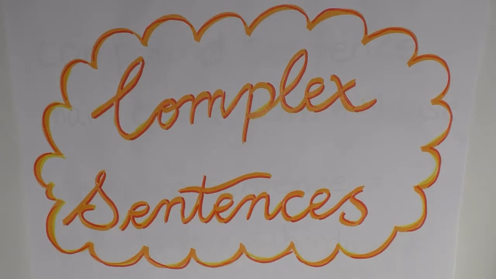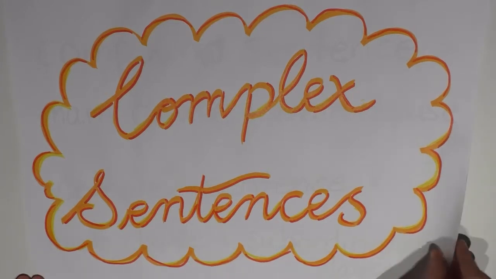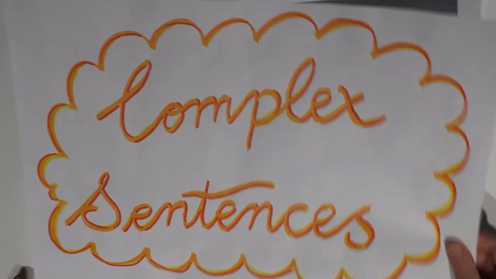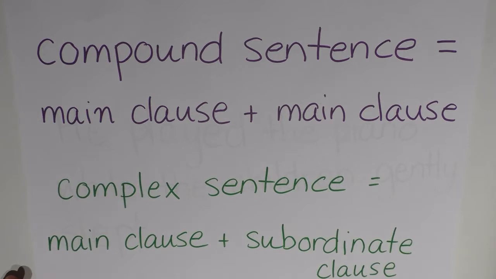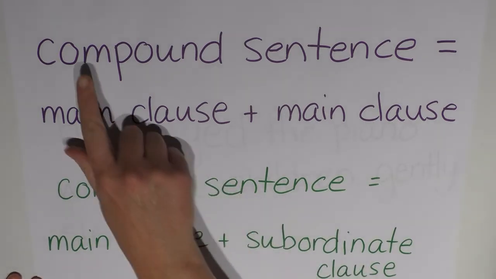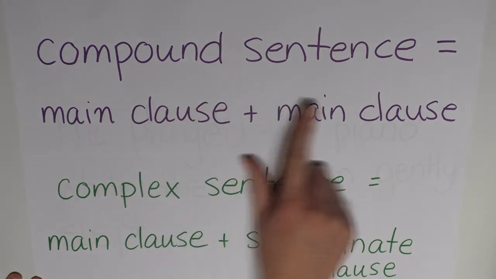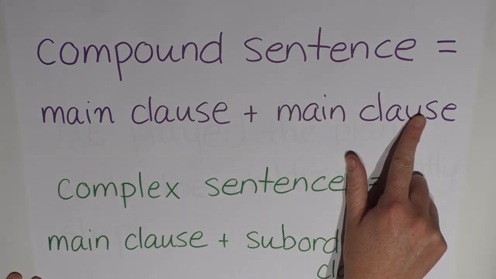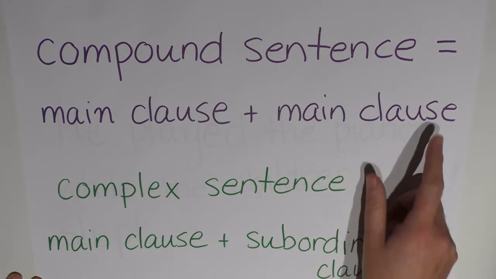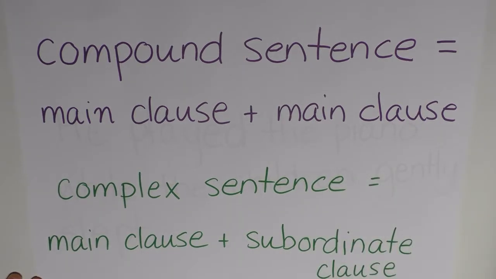In the last video, we learned that the compound sentence has two or more clauses. We learned that they had to be main clauses or independent clauses, and that they used a coordinating conjunction to marry those clauses together. So a compound sentence has a main clause and another main clause married by a coordinating conjunction. Now the complex sentence also has two or more clauses, but this time only one of the clauses is